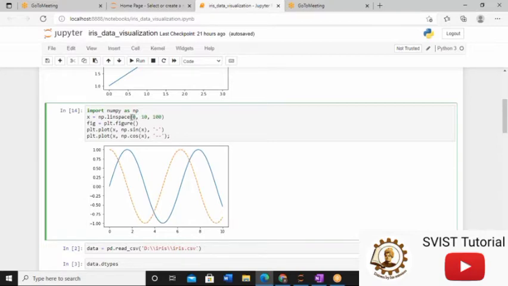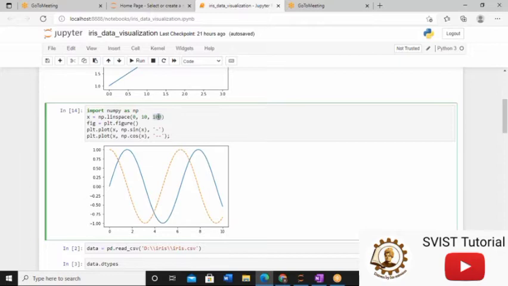This is the starting interval and this is the ending interval. In this case you have 0 to 10, and this 100 means along this axis you have no control. So you have to understand what this 100 is. Regarding linspace, just keep a note: the first two arguments are the starting and ending arguments. But what the last argument signifies, I will explain.